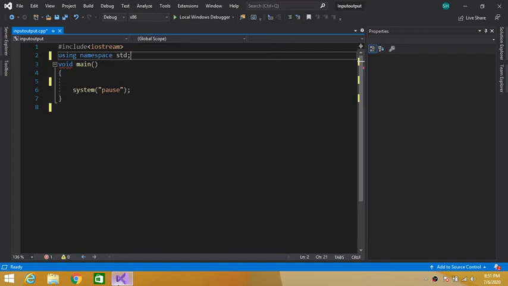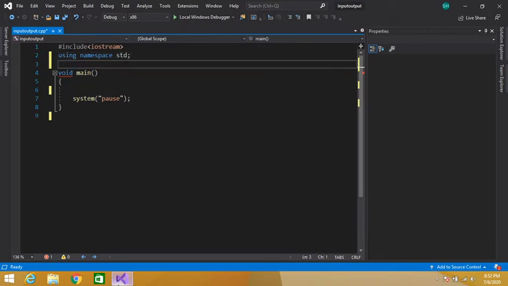Today we are going to write a program for a calculator using functions. So guys, let's get started. First of all, as we know, we will require addition, multiplication, division and subtraction for our calculator. So we will first